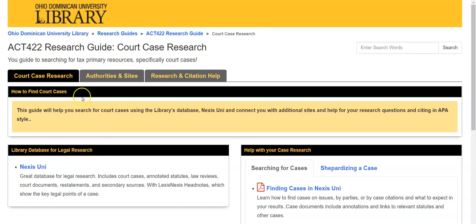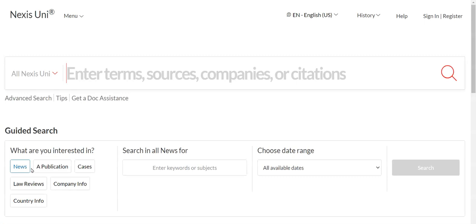And this research guide has 3 pages on it. I'll go through all 3 with you in this brief video. The first page is where we'll start. Its significance lies in the fact that it gets you into the database you'll need for doing court case research, Nexis Uni. So if I go ahead and click on Nexis Uni, it has a lot of stuff in it,